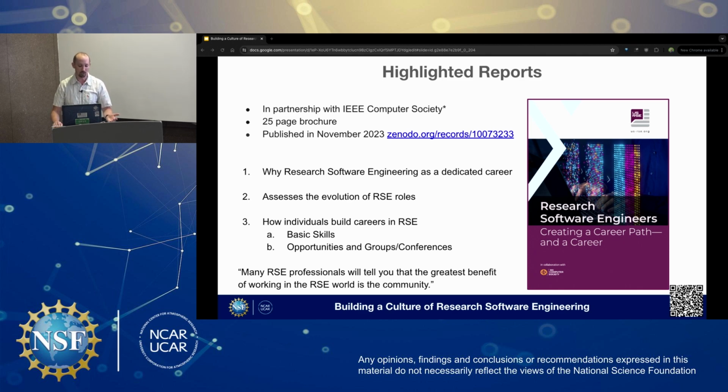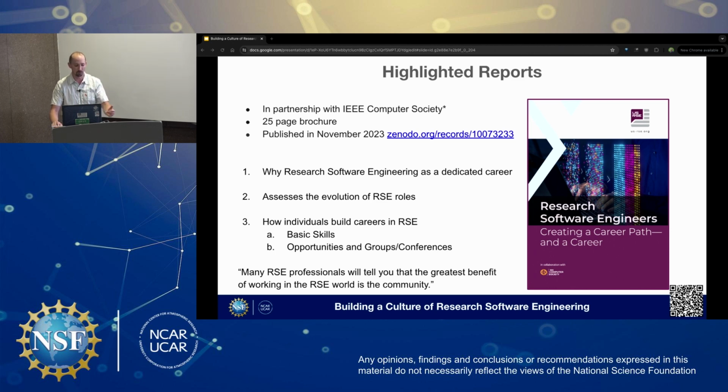If you have collaborators or students you're working with that maybe do not have advisors or people at their institution that are familiar with the RSC space, this can identify some ways for people to think differently about the types of opportunities available to them beyond just a postdoc or other types of opportunities that might be standard in most academic institutions presently. This report also assesses the ongoing evolution of RSC roles and ways in which we might envision that future or anticipate some of those changes that are up and coming,